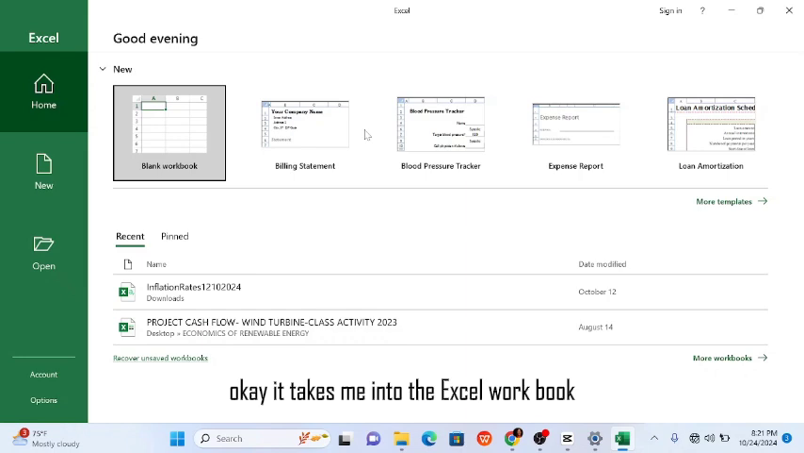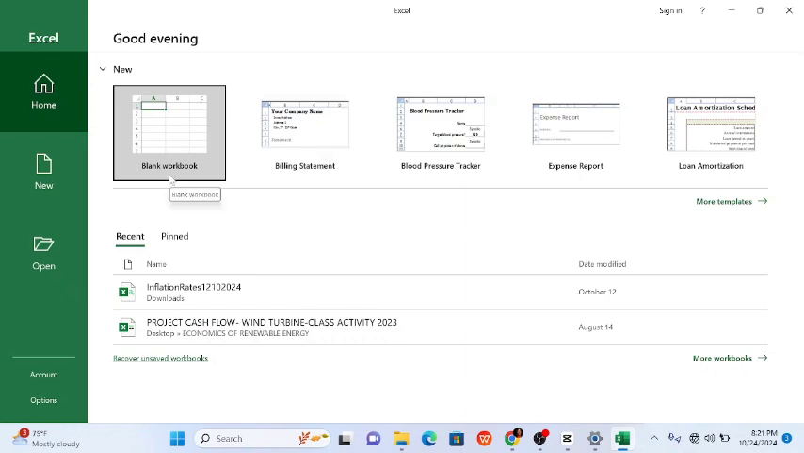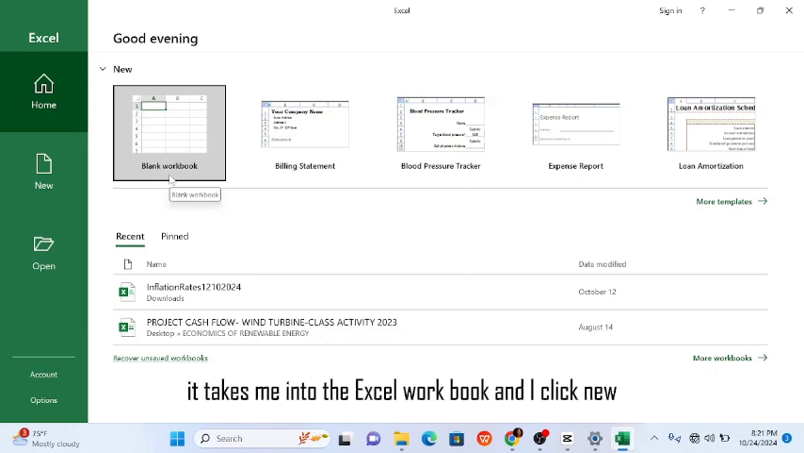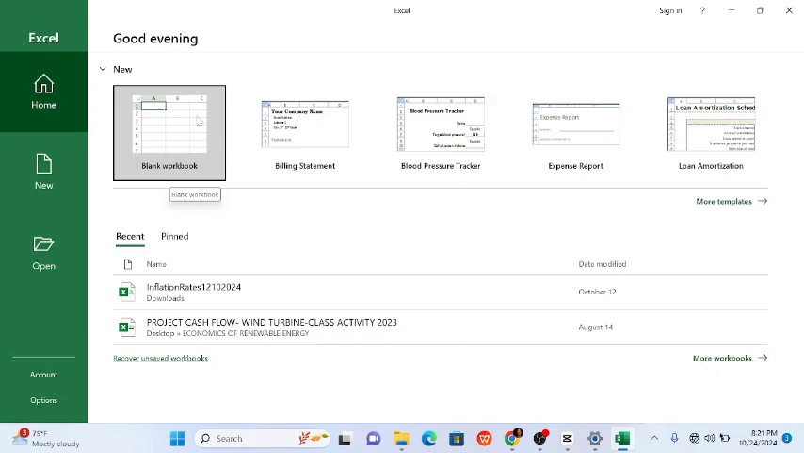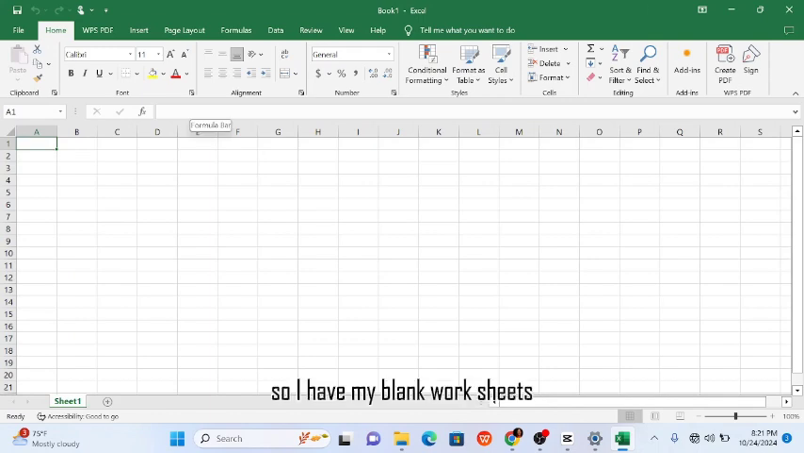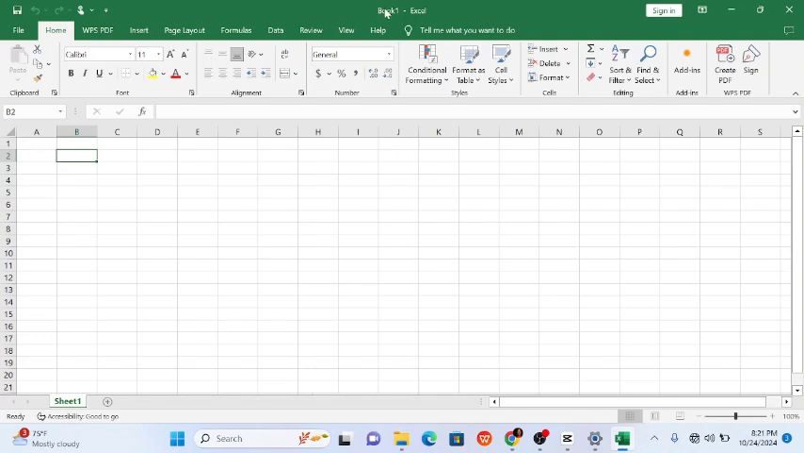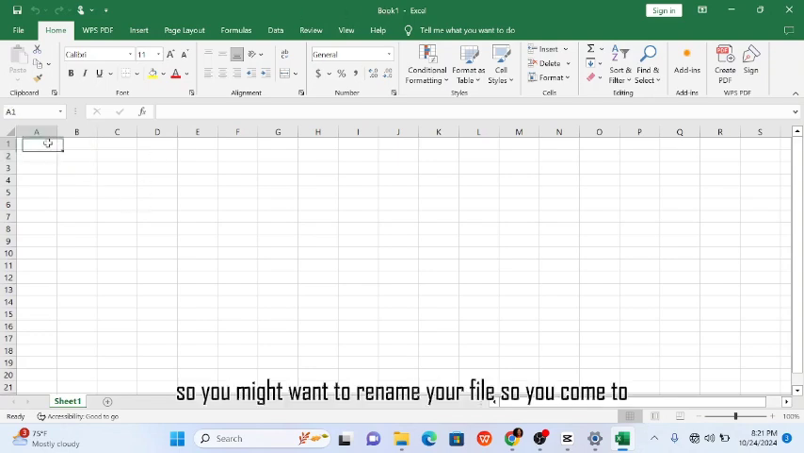Okay, it takes me into the Excel worksheet and I click new. So I have my blank worksheet. You see Book 1 here. You might want to rename your file. So you come to